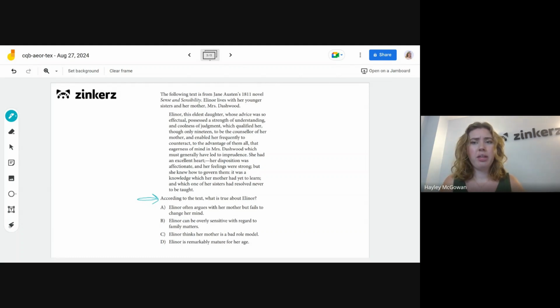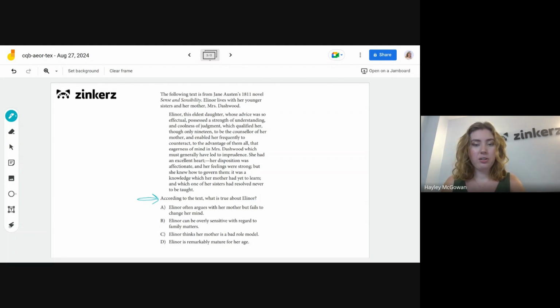All right, so in terms of what we learn about her here, definitely a lot going on. We learn that she has this relationship with her sisters and her mother, and she seems to be the more mother-like figure of the family, has a lot of maturity, being able to offer advice to the rest of her family, be a leader in that sense. She had an excellent disposition and heart, like it discusses. She knew how to control herself, which is something that it says her mother and sister have not been able to do. So again, we have this idea here that she's a very strong-minded, but also very mature person. So that's what we're looking for in our answer choices.